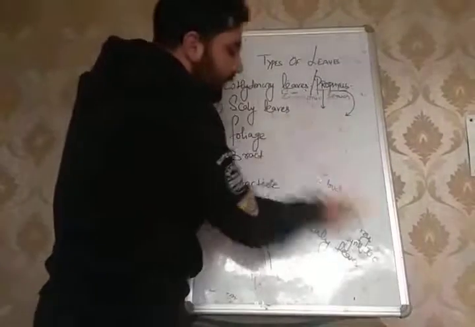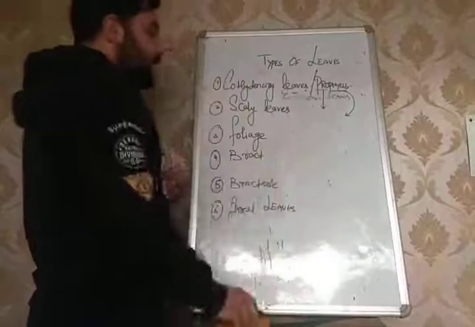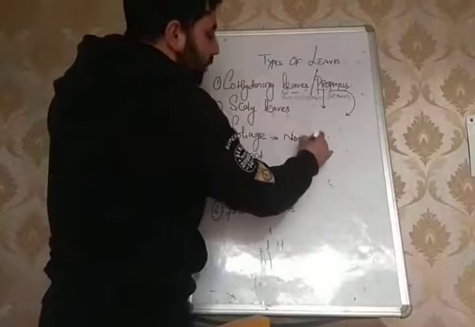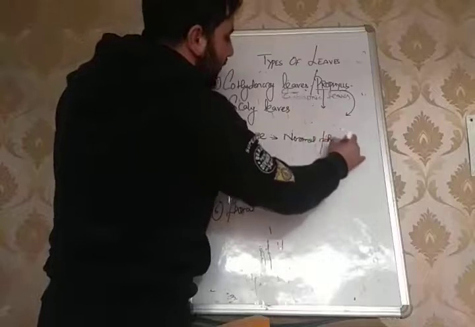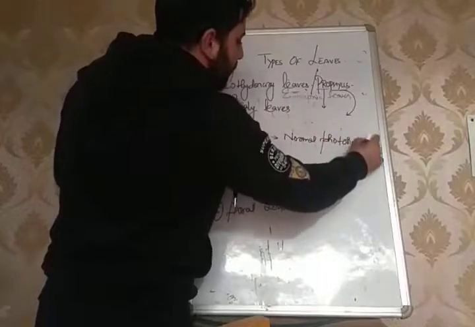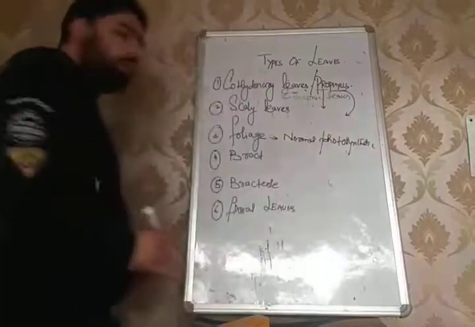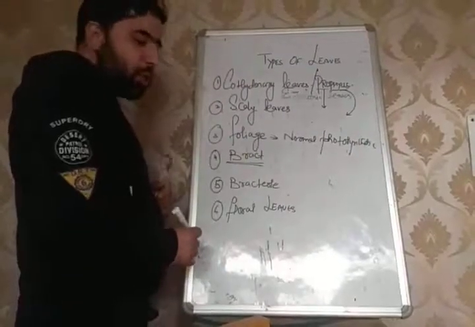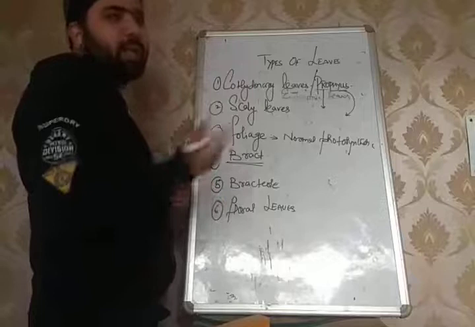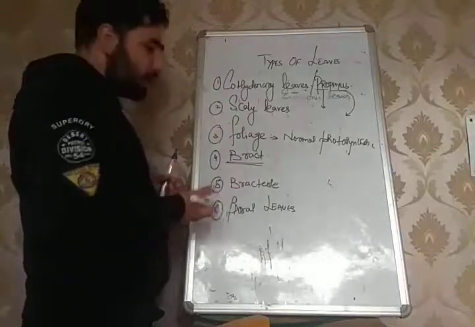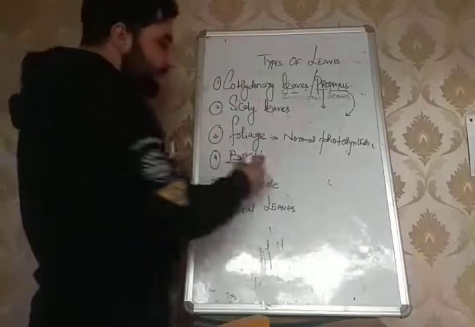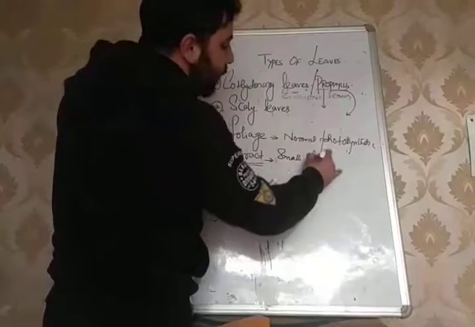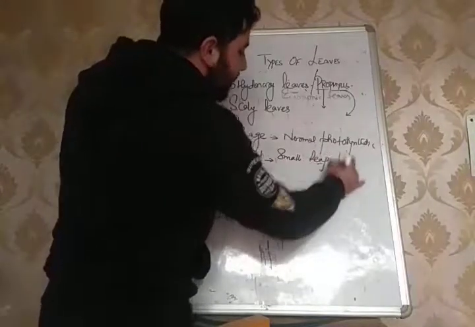Now the next type of leaf we are discussing is the foliage leaf. Foliage leaves are normal leaves. These are the normal photosynthetic leaves. Normal photosynthetic leaves are called foliage leaf. उसके बाद बेटा ब्रैक्ट. चूंकि अभी मॉर्फोलॉजी ऑफ फ्लावर हमने नहीं पढ़ा, नेक्स्ट लेक्चर मेरा मॉर्फोलॉजी ऑफ फ्लावर के रिलेटेड कमिंग लेक्चर होगा. अब ब्रैक्ट क्या है? This bract is actually a small leaf which is present